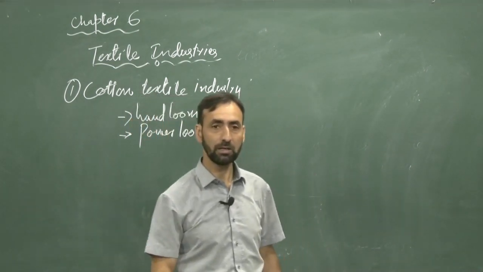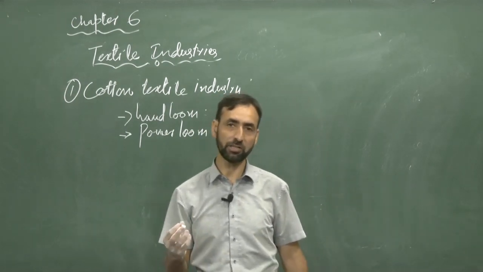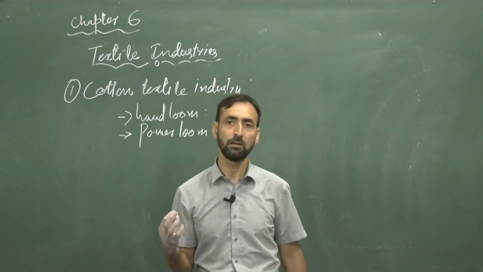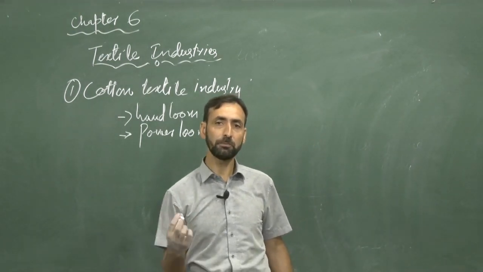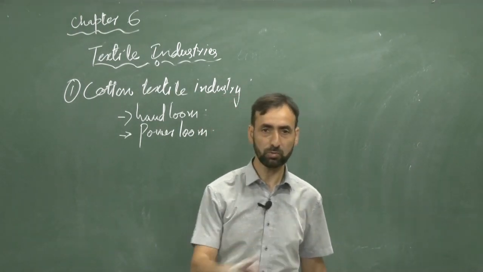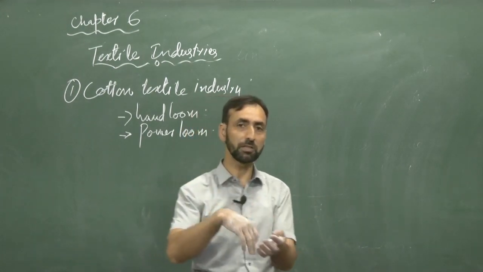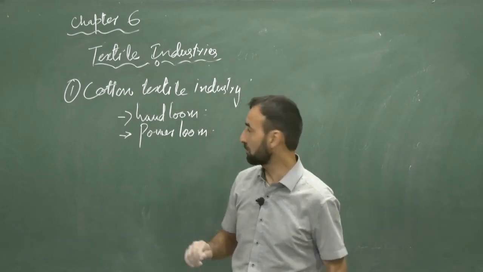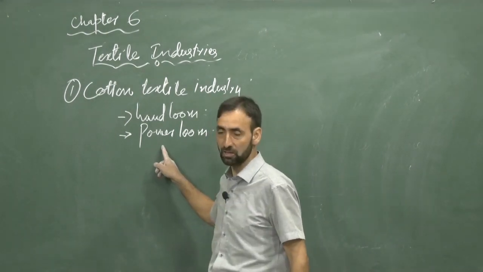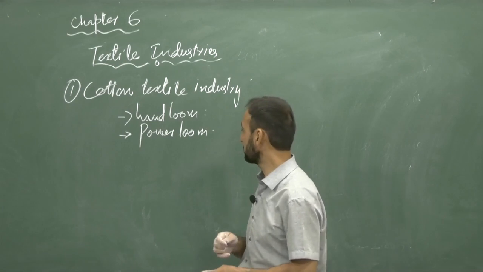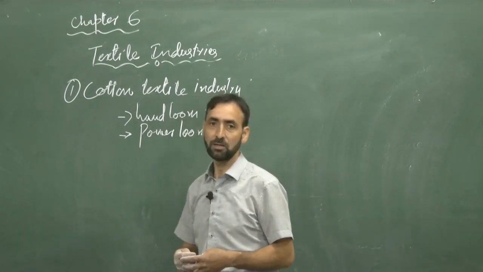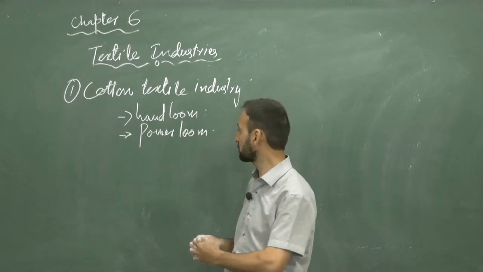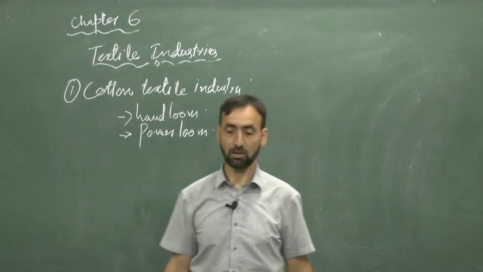In ancient times, more than 80% of the clothes were made with the help of hand. Now it is reversed. It is 84% cotton clothes that are made with the help of machines now. It is totally reversed because it takes less time and fewer people to operate such machines to make cotton clothes.